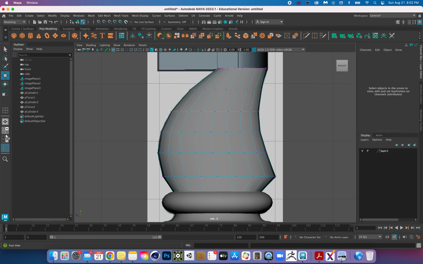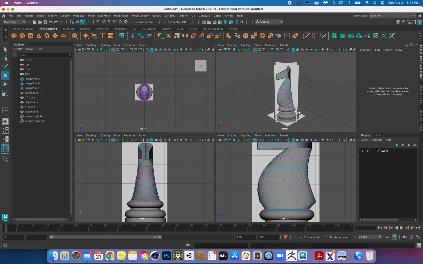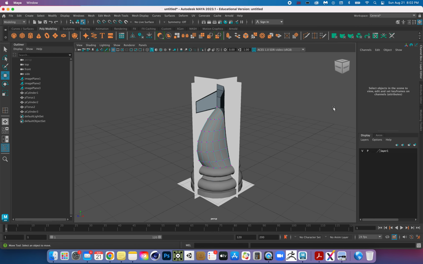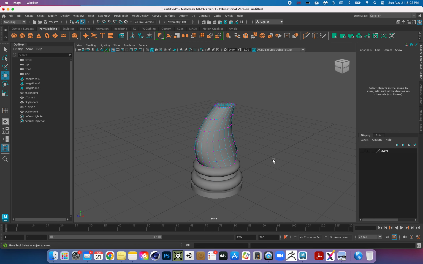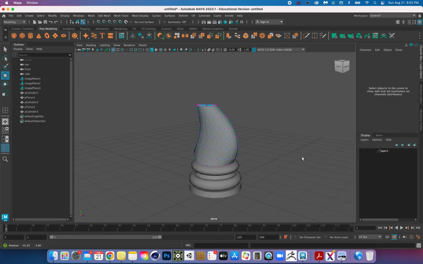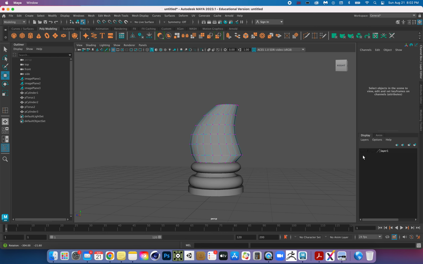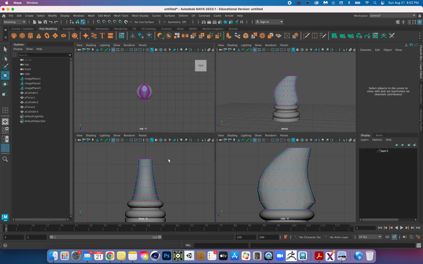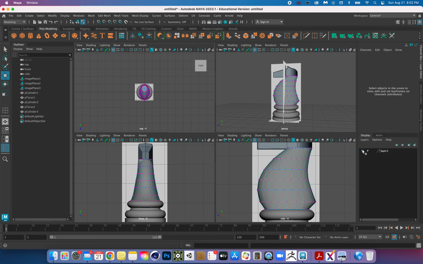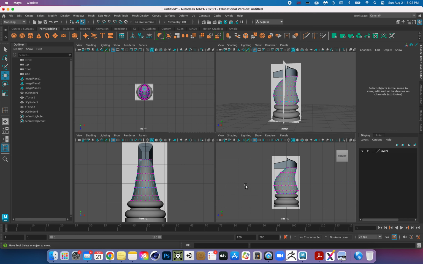So again, go back into perspective. All right, I'm going to take this off, and now I just want to see what it looks like, and it's got a nice solid shape to it. Cool. Now we just got to do the head. So going back into front, whoop, turn on my layers. There we go. So this particular one,